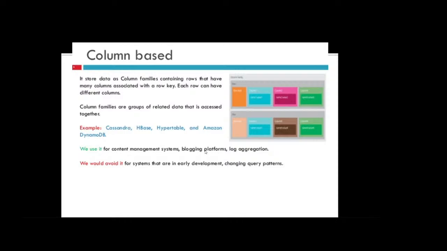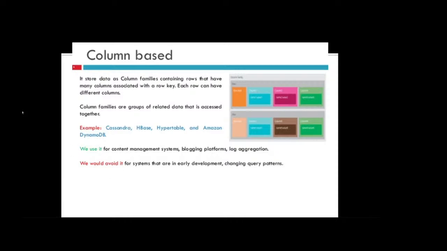And moving on to the column based type, it stores the data as column families containing rows that have many columns associated with the row key. So each row can have different columns. Cassandra, HBase, Hypertable, and Amazon DynamoDB all use this column based NoSQL database. We use it for content management systems, blogging platforms, and log aggregation, and we will actually avoid this for early development